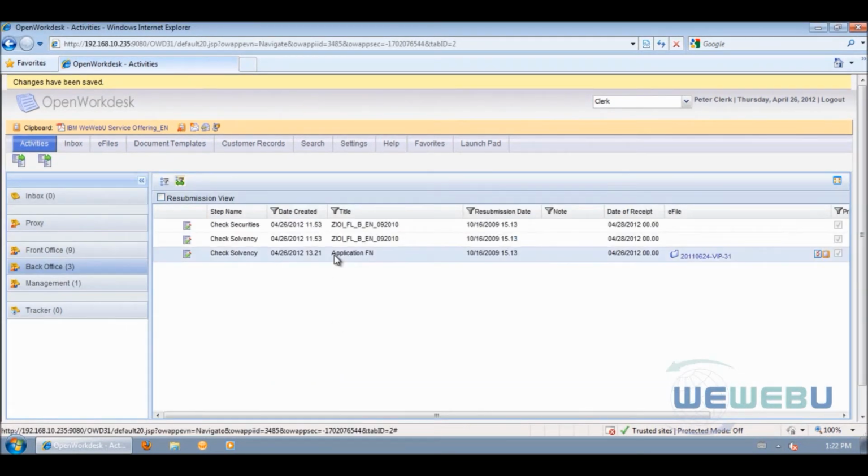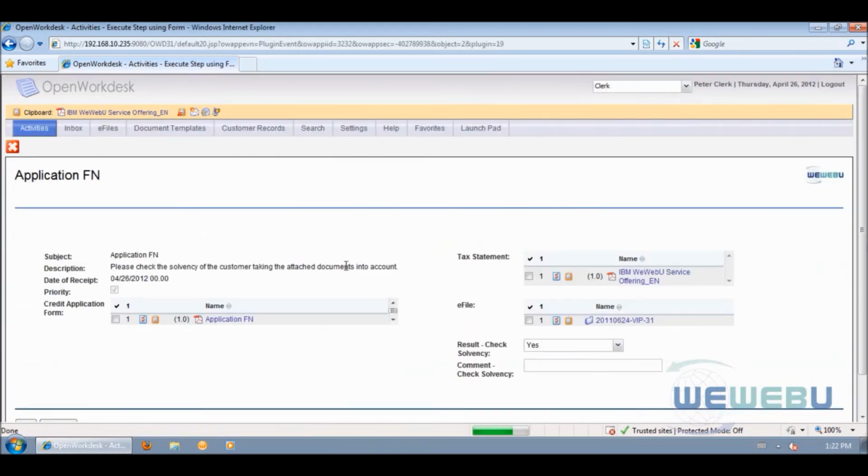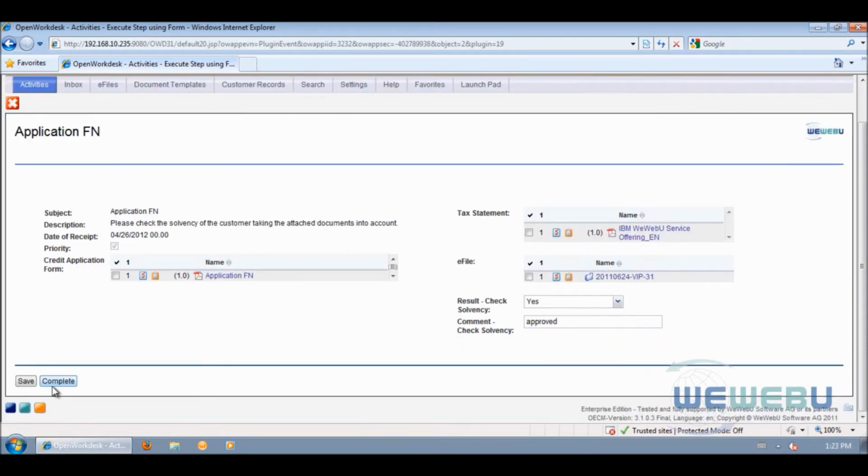And here the next one, we execute this step and see here the reference to the text statement. All these forms are also role dependent and of course step dependent. So depending on the current step in the workflow and on the group, we can provide different forms for the decisions. And we can also set the decision and say okay, approved, and click again on complete,